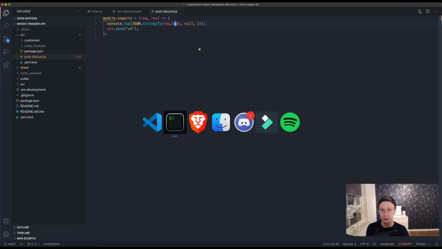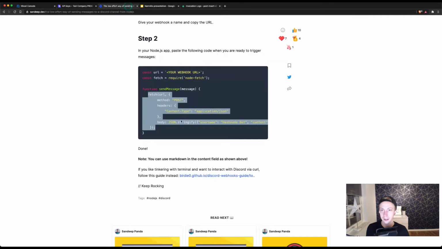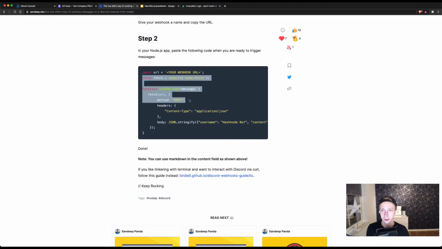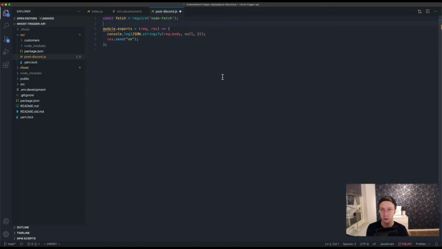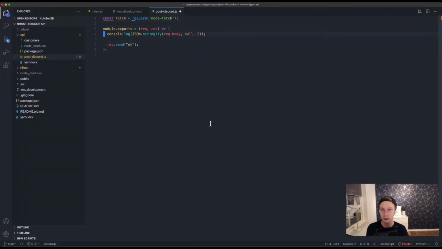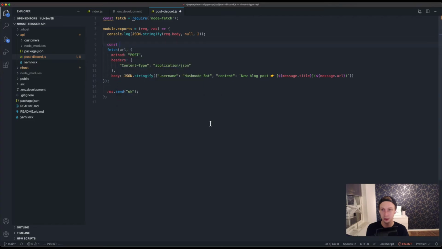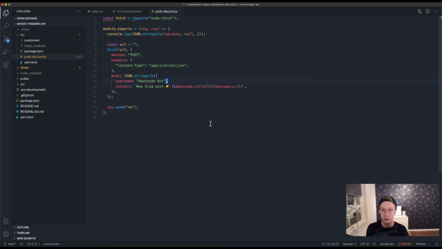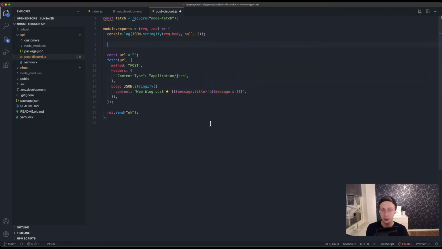And we're gonna send this to Discord. So I have some code here that I found that I'm gonna take some inspiration from, and use this one. So that's cool. And then we need a const URL. So we need a URL here. And then let me save this one. Username we don't need. New blog post. Well, that's pretty much what we're doing. Like we need to change this one. And I'm just gonna grab